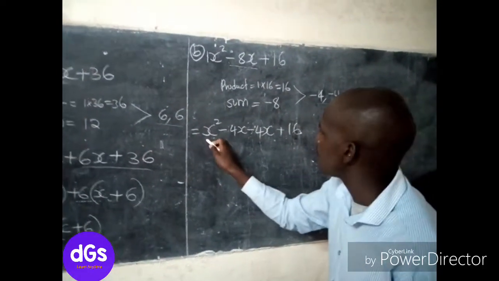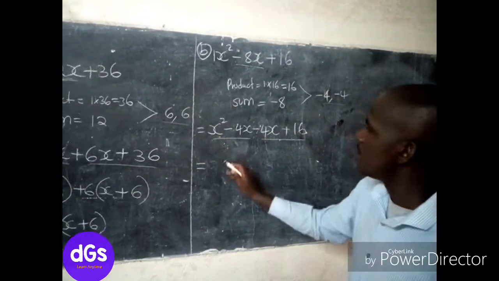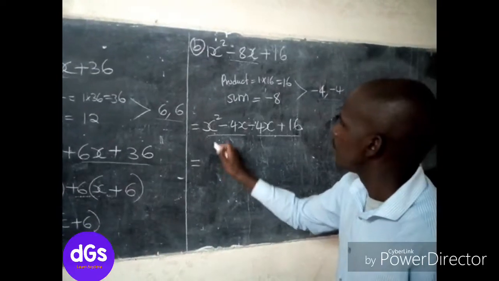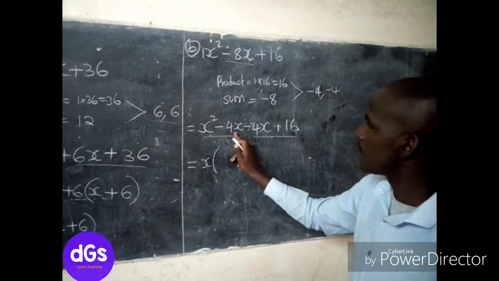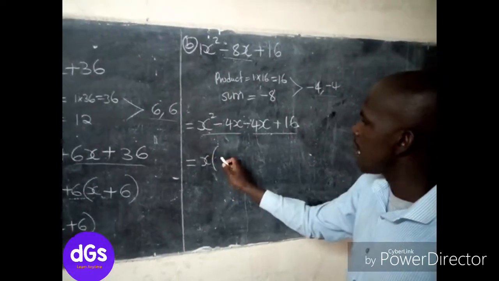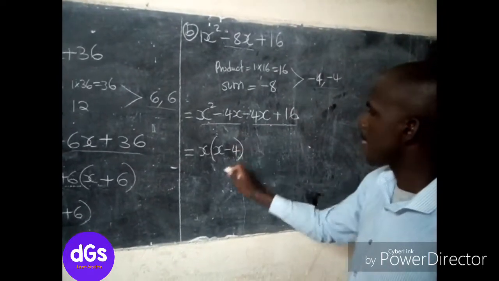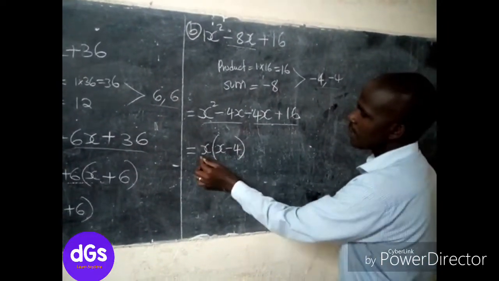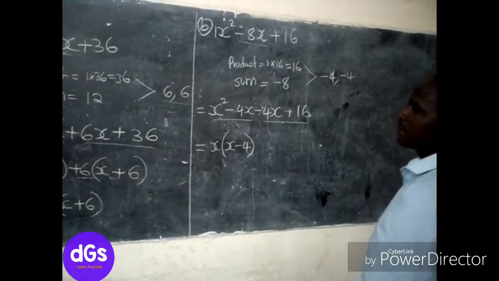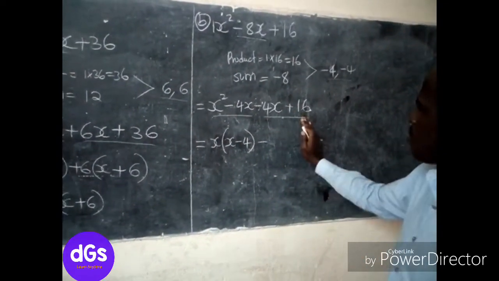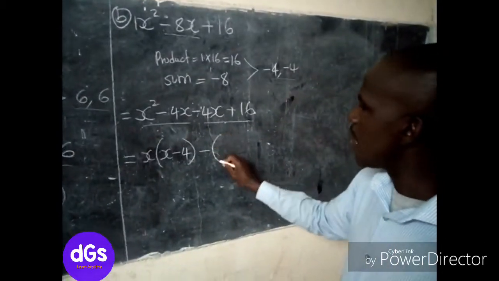Right, now from there, check out this one, check out this one. So this one will be x. What is common here? x is common. So we factor out x. So we have x times x minus 4. Because when you open this, it will be x times x, x squared. x times negative 4, negative 4x. Then minus, what is common here? What is common here is 4. 4 is common, so we have minus 4 into